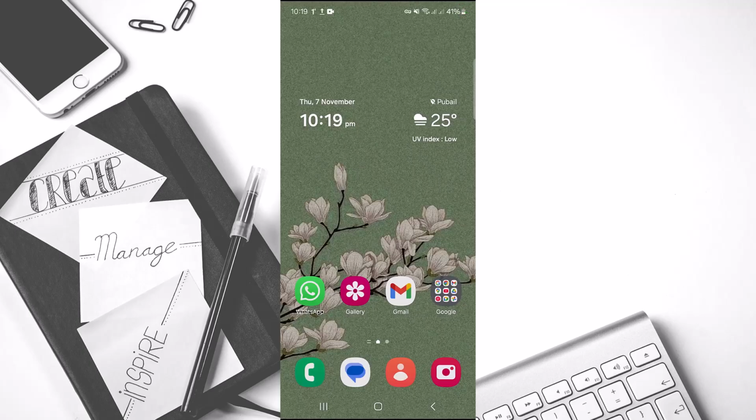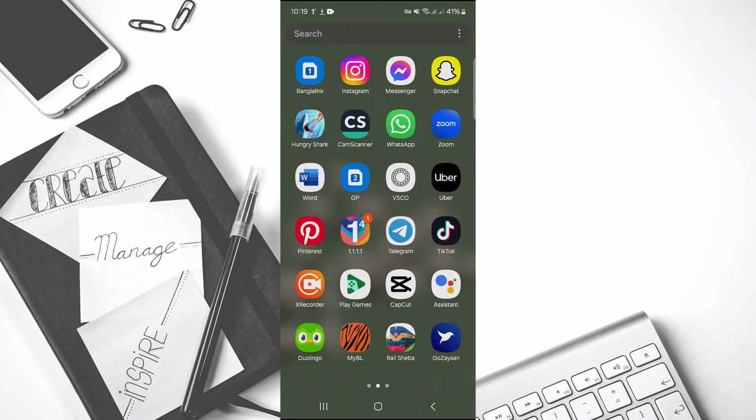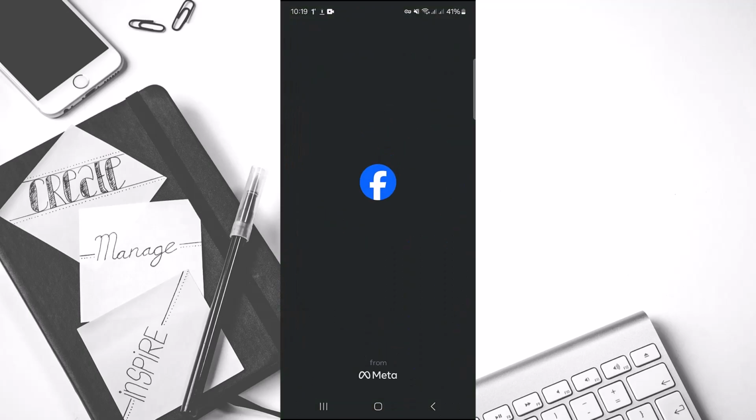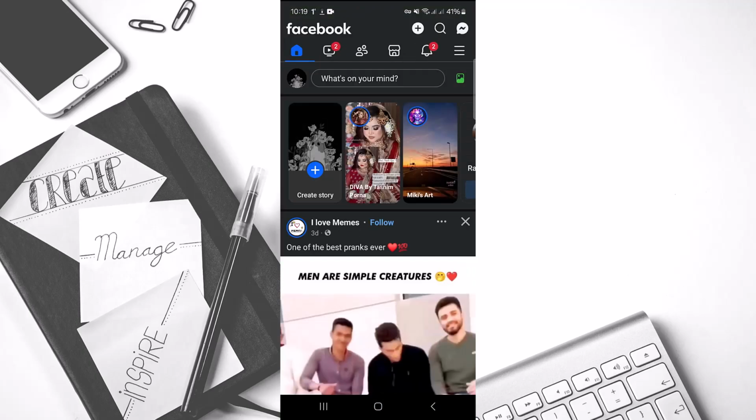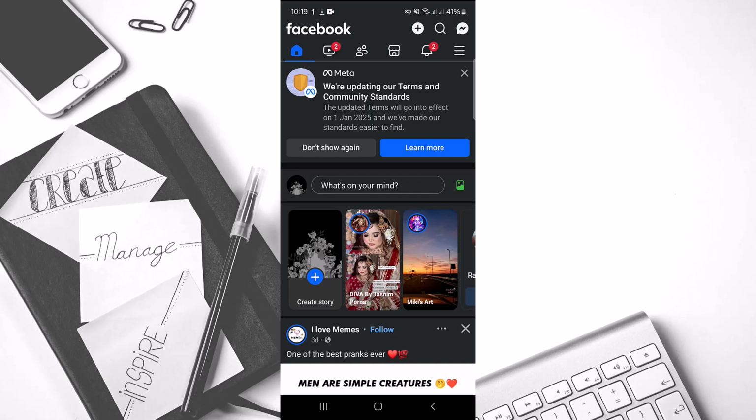In today's video you are going to see how to save phone number on Facebook. So let's get right into it. Head over to your Facebook application. Once you are there, make sure you have logged in into your desired Facebook account and then go to the